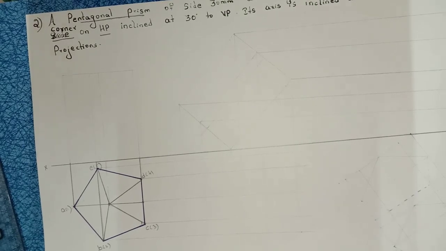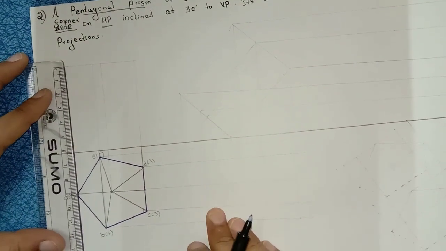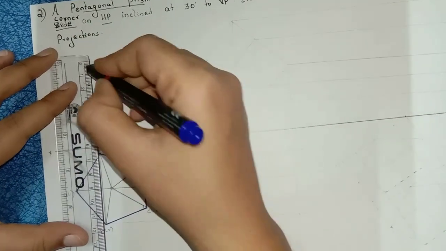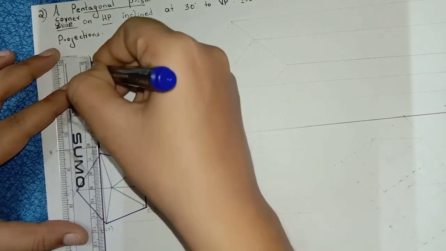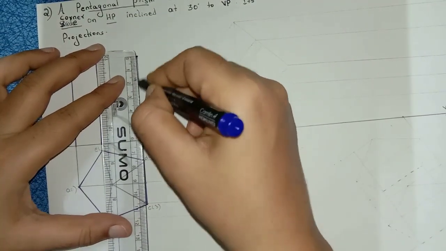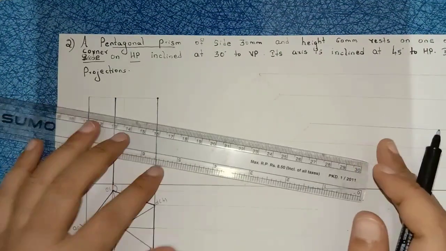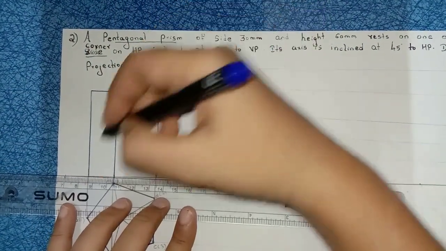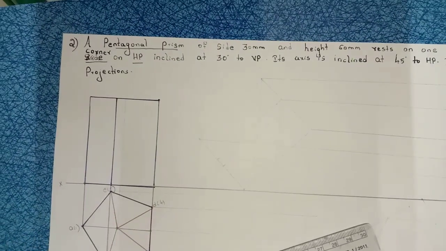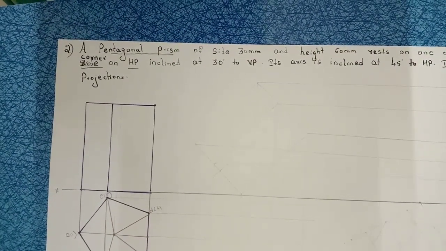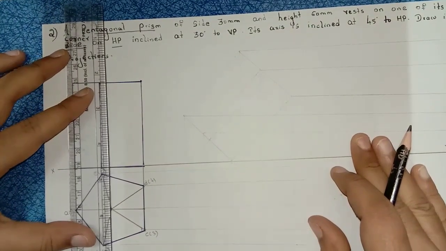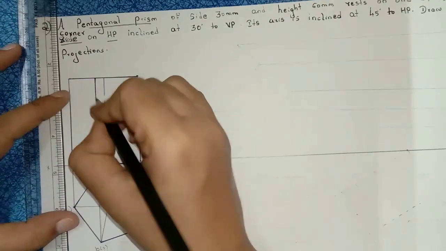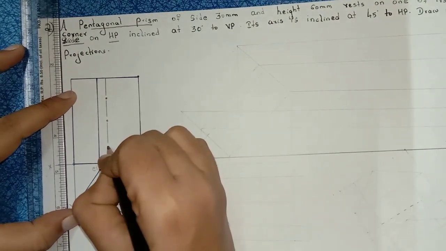Now axis height is how much? 60 mm. From every corner of this take 60 mm, right? Take 60 mm here. Again from this corner take 60 mm, right? And join this one. So from the midpoint also you have to draw, no? So the axis line should be drawn in a very light manner in these prisms. So axis line should be dash dot. So dash dot here, draw the axis line from the midpoint of the pentagon.